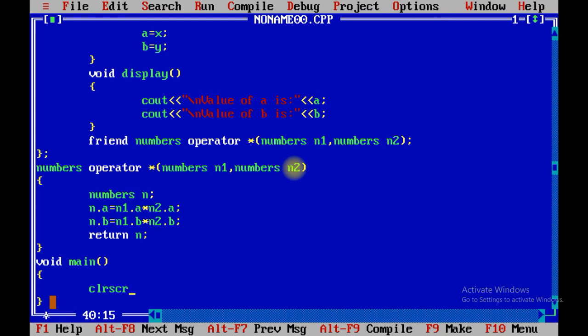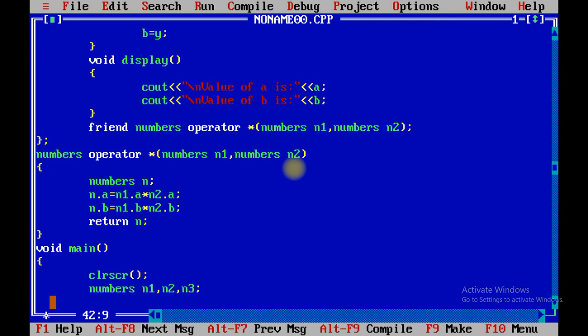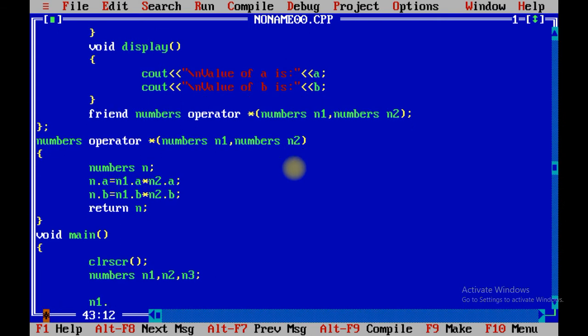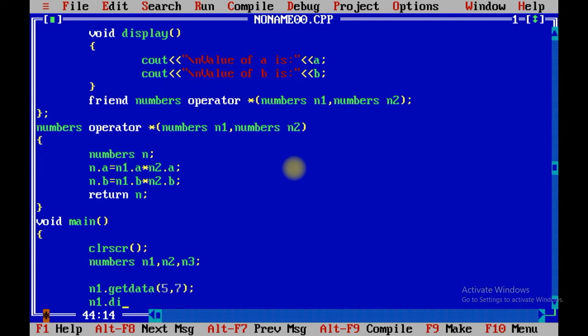Now let us develop the structure of void main. CLRSCR and getch, these two are the functions we always use. Now we are going to create the objects of the number class: n1, n2 and n3 for the answer. Now I am going to call n1 dot get data 5, 7 and n1 dot display.